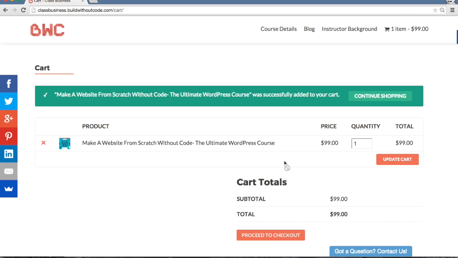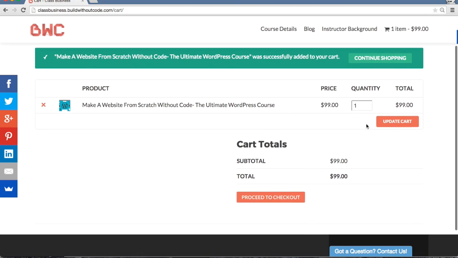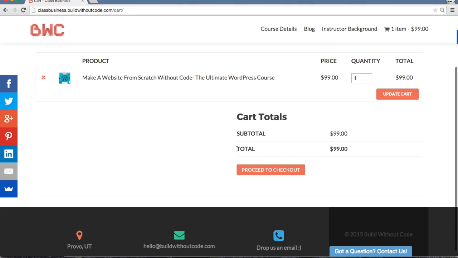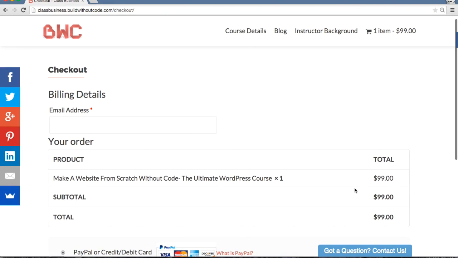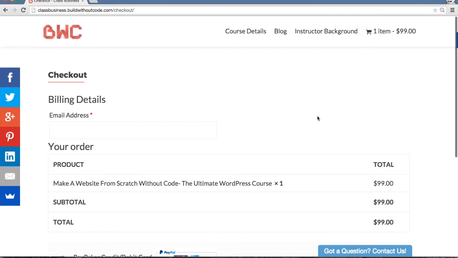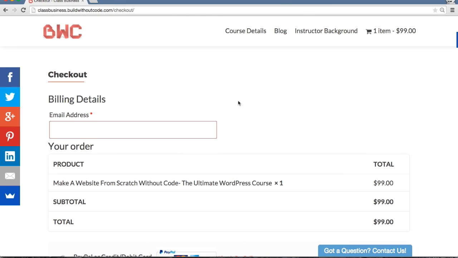Then they'll automatically be taken to the cart page, and you'll notice up here this cart icon appears with the amount of items and the total dollar amount of those items. Here they can adjust anything needed and then proceed to checkout by clicking here. Here on the checkout page, they'll be able to review the totals for their order. And what we do require from them is their email address, because it is a digital product that we will